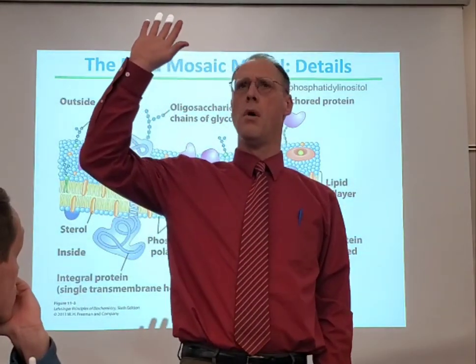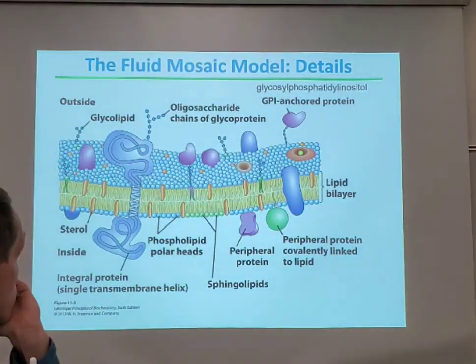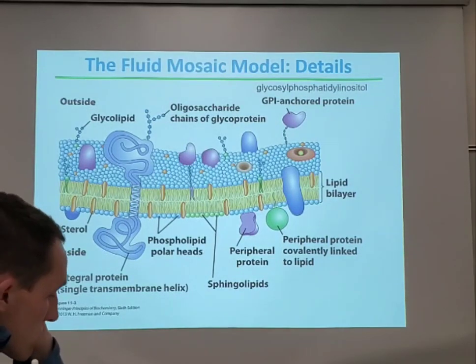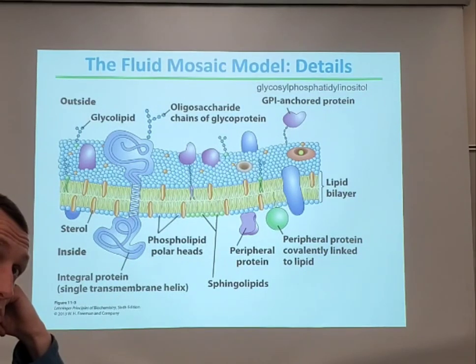How many of you know what I mean if I talk about an art mosaic or a tile mosaic? What am I talking about? Meg, what do you think? What's a mosaic? I've got a hand here. Tile mosaic is an art piece consisting of a bunch of small cracked tile pieces. Yeah, just randomly thrown together, but they make art out of it, right? Okay, so a mosaic is a collection of many different things put together that form some sort of a structure. What is your membrane? A collection of many, many different things thrown together that form a structure.